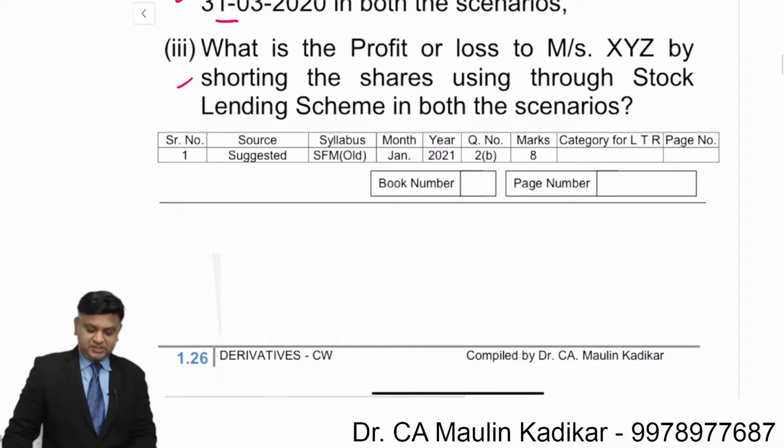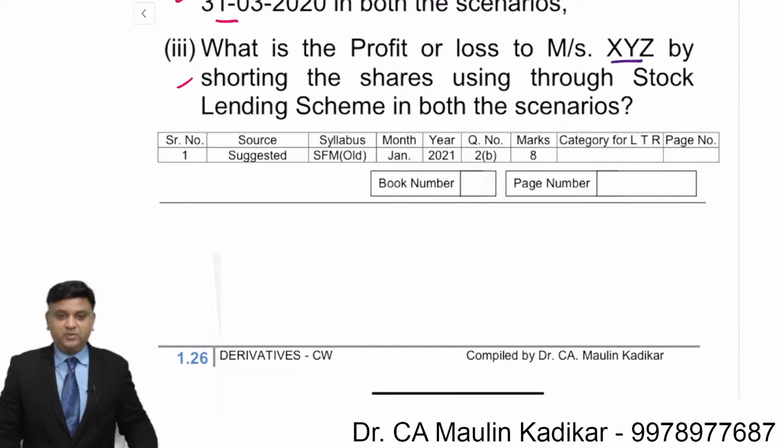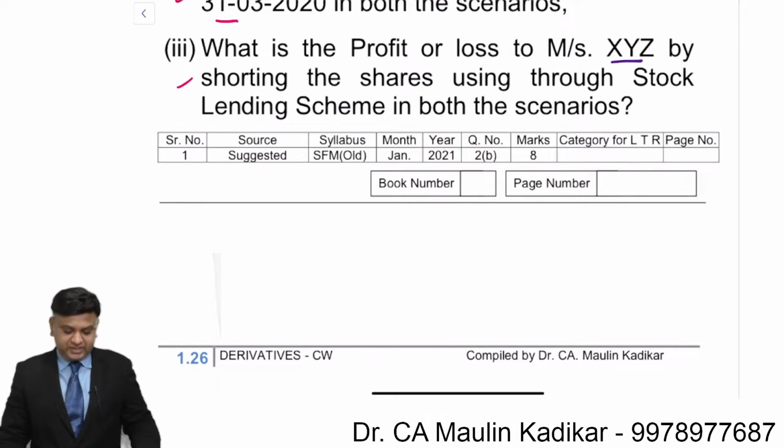Third part of the question is again important. What is the profit or loss to Messrs XYZ Limited, that is, who did the short position on the cash market? Of course, he would be having an expectation that the price of the security will fall down. So we are required to find the profit or loss to XYZ Limited by shorting the shares through stock lending